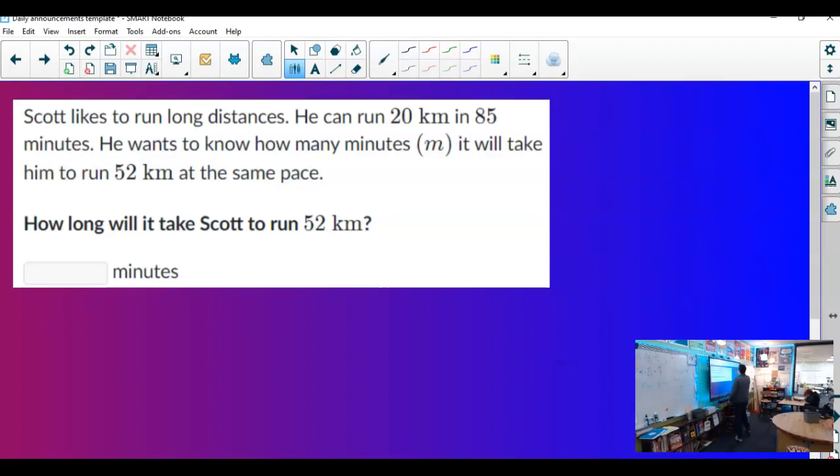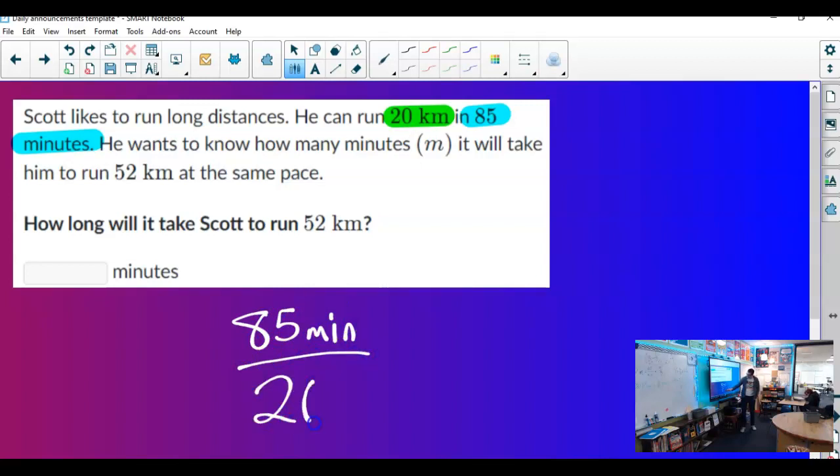So, what we have is kilometers and minutes. Guys, proportions can always use two variables. Or sorry, you can use two variables, but you can use two labels. You don't have to have labels that agree. So, kilometers and minutes, I can either put minutes on top or kilometers on top. Doesn't matter. I just like to default to bigger number on top. I don't know why. It's just my habit. So 85 minutes